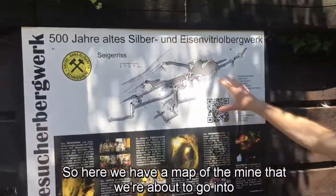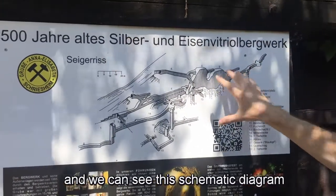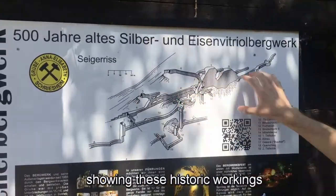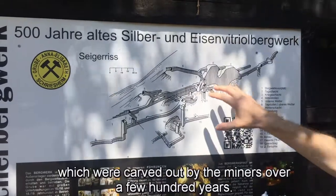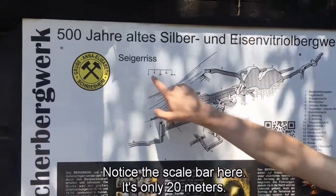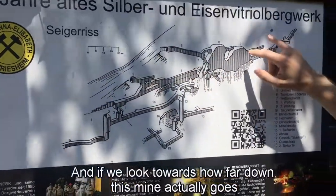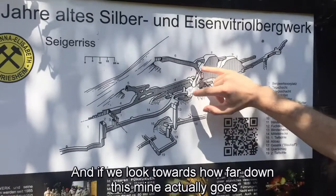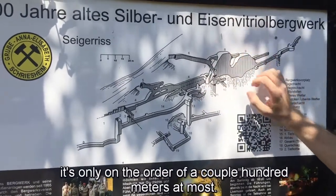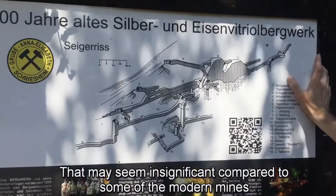So here we have a map of the mine that we're about to go into, and we can see this schematic diagram is showing the workings, these historic workings, which were carved out by the miners over a few hundred years. Notice the scale bar here. It's only 20 meters, and if we look towards how far down this mine actually goes, it's only on the order of a couple hundred meters at most, and that may seem insignificant compared to some of the modern mines,